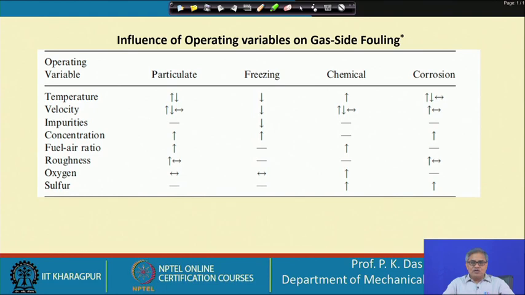In waste heat recovery, one has to be very concerned about the effect of fouling, because we deal with combustion products. There are different compositions, the gas is at a high temperature, and there are even unburnt fuel particles, etc., which can get deposited. So, different types of fouling can take place; it is not a clean gas stream. We have to be careful, and what the effect of the fuel air ratio is has been discussed here.